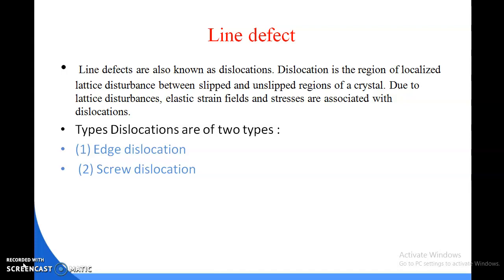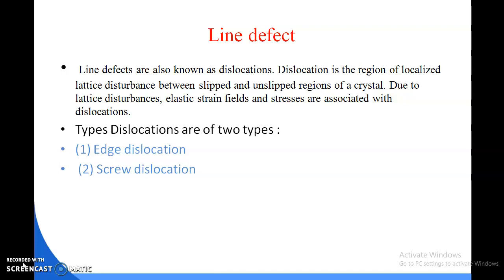Here we have already studied the point defect. This is the engineering material chapter, chapter 4, the imperfection of crystal material. We were at the defects in crystal structure, and we have already studied the point defects, that is vacancies, interstitials, impurities and electronic defects. Two special cases are the Frenkel defect and the Schottky defect.